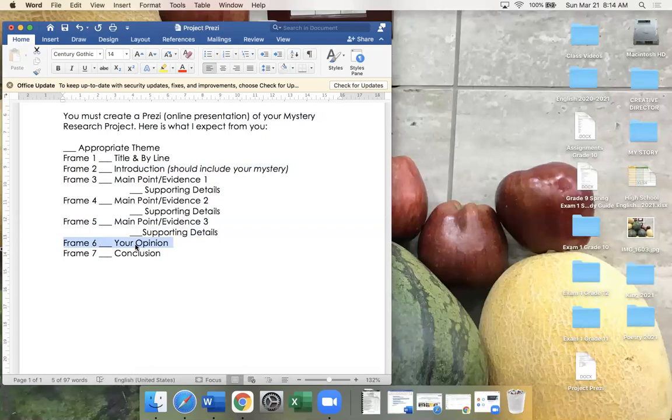Frame number 6 is going to be about your opinion. So you're going to have one frame all by itself that kind of breaks away from all of your research, and you're going to share what's your response, what's your personal perspective on this mystery research project. And then frame number 7, you're going to summarize the 3 main points, your introduction, and the mystery. So you're going to have one frame at the end that just concludes the information you have so far about